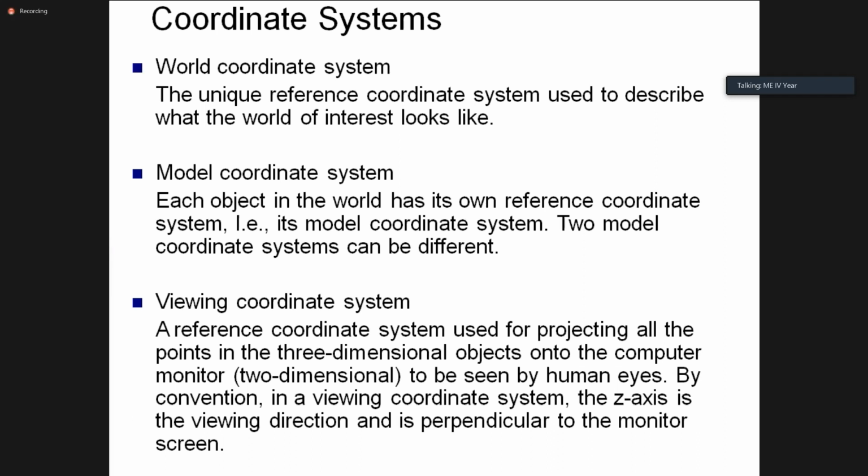What are the two techniques? For example, if you take a rectangular box or anything like this, you draw the front view and top view. There is no problem in it.